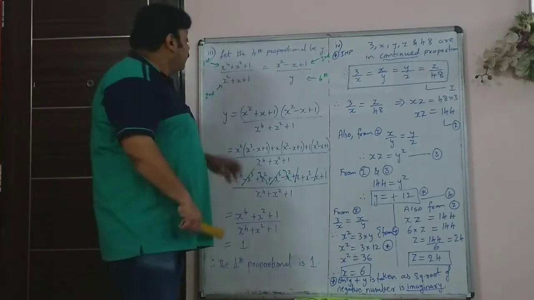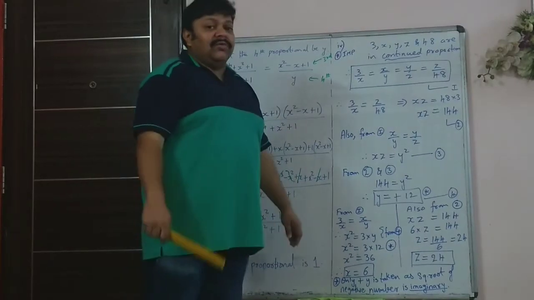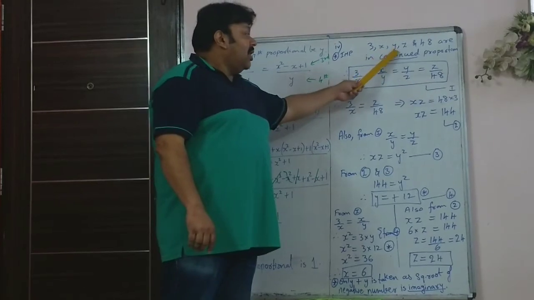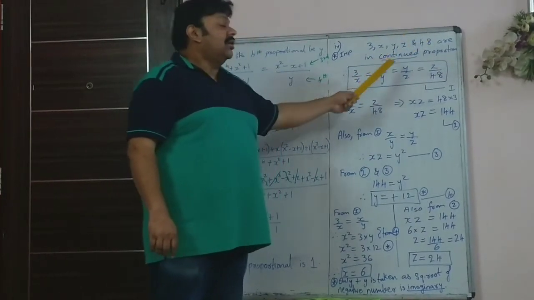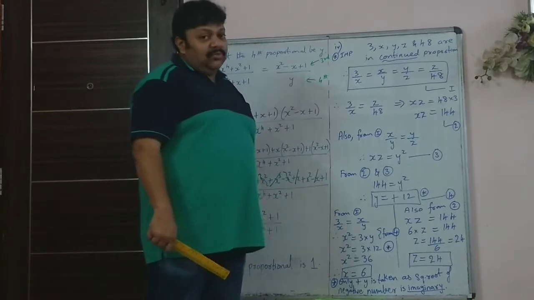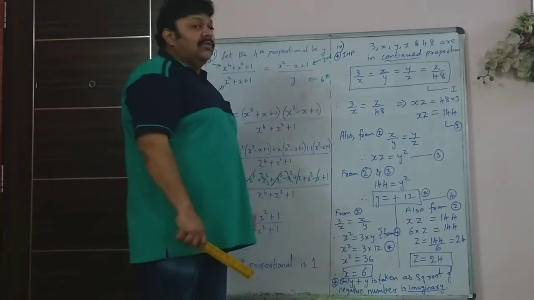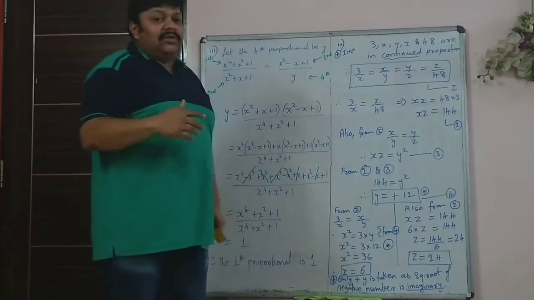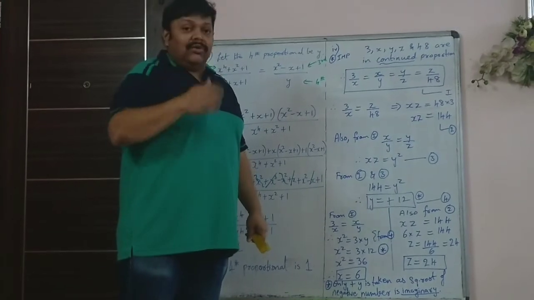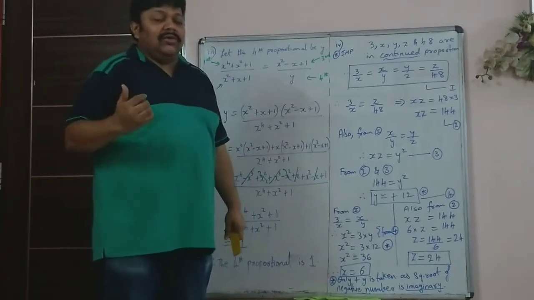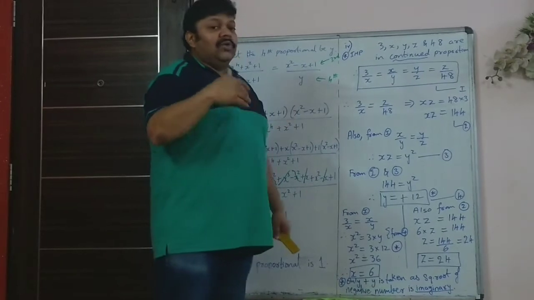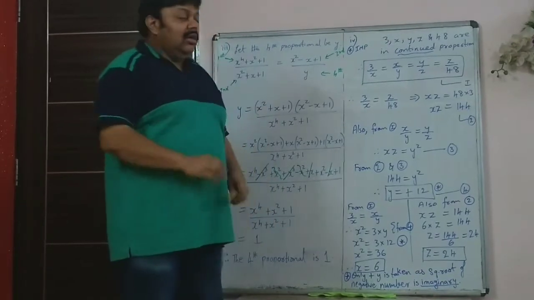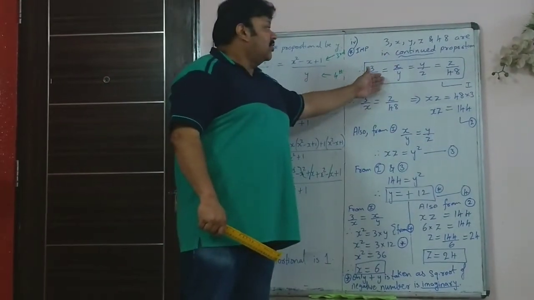Now you have the fourth part, which is the last part of the eighth sum. In this, you are given that 3, x, y, z and 48 are in continued proportion. Mark this sum as important. So you have 5 terms given that they are in continued proportion, and here you are not asked to prove LHS is equal to RHS. In LHS is equal to RHS, I had given you, when I gave you the formula in the start, that you have to write that is equal to k and then write something in terms of k. But this is not that. You are just asked to find x, y and z.